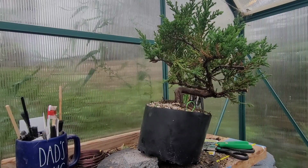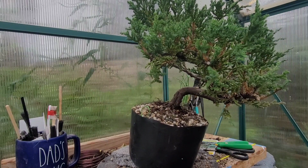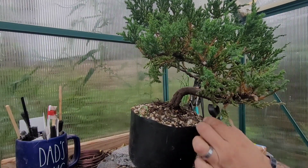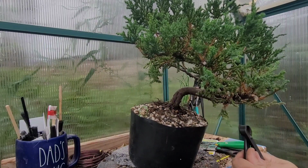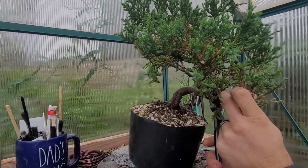I think it's getting way fuller than what it should be. So now that we got that, I'm just going to rotate it a little bit more out this way for me so I can get underneath here a little better. I actually need to get a new pair of convex nips because